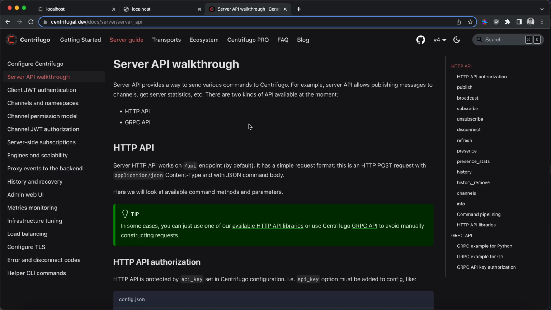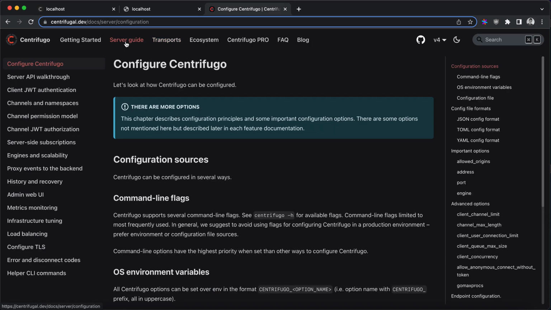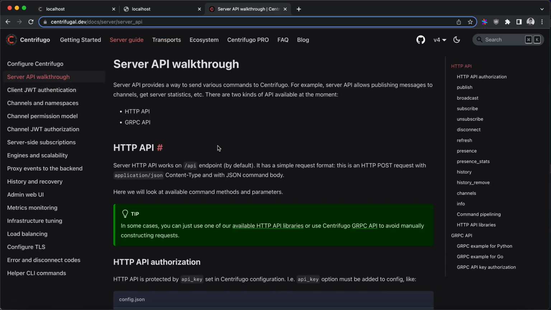So in general, you have clients, right? Your users on the front-end side, which are using our real-time SDKs. They are connected to Centrifugo using various real-time transports. And SDKs provide real-time APIs to clients, but we also have server-side API, which gives you a way to communicate with Centrifugo